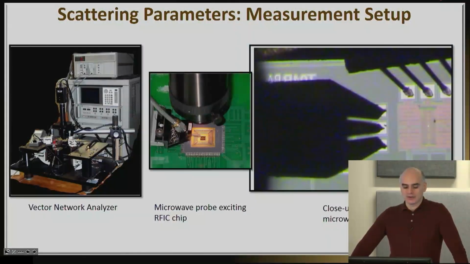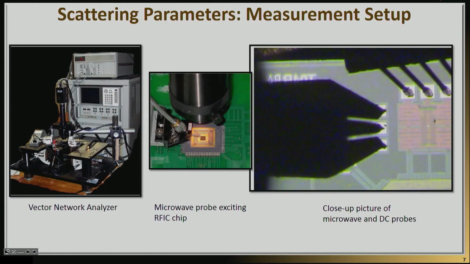At this point, I would like to give you a little bit of an insight of how we can measure these S parameters. So I have a few images here that will help you visualize what happens in an actual RF microwave lab when S parameters need to be measured. Essentially, what we do in the lab is we build instruments that do exactly the conceptual actions that I described before, meaning we launch waves, we hit the network, and we measure the reflected waves. One of those instruments, probably the most important one that you will see, is called the Vector Network